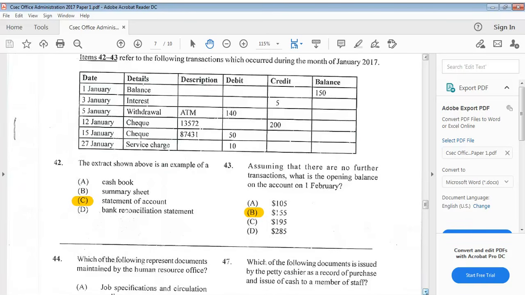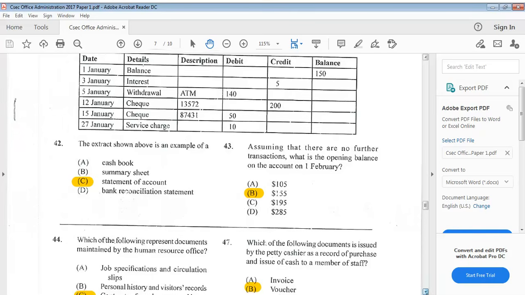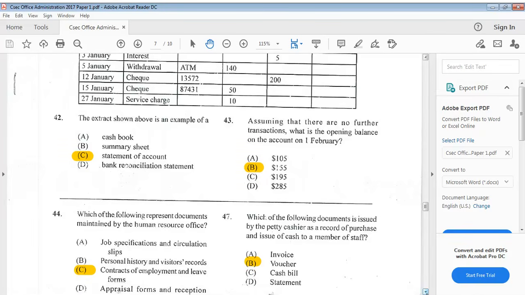Let's go on to 43. Assuming that there are no further transactions, what is the opening balance on the account on the 1st of February? So we know that's 150 plus 5, that's 155, right? So we know that our answer is B, 155. Let's move on to number